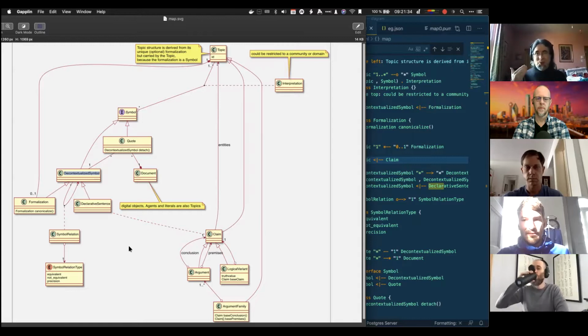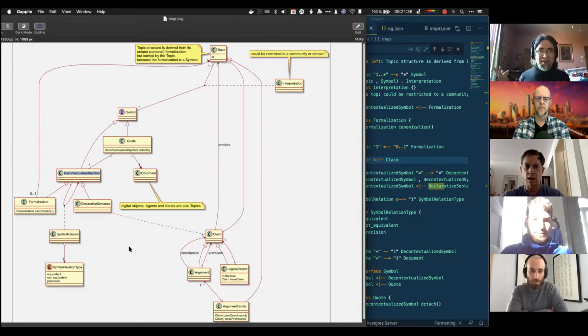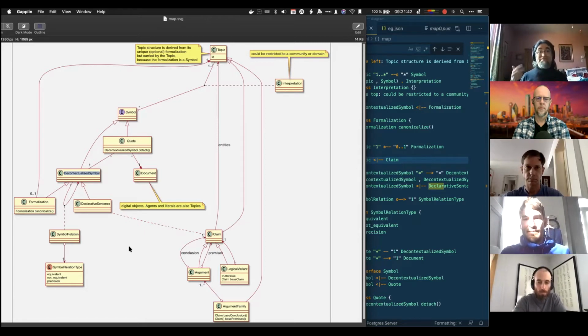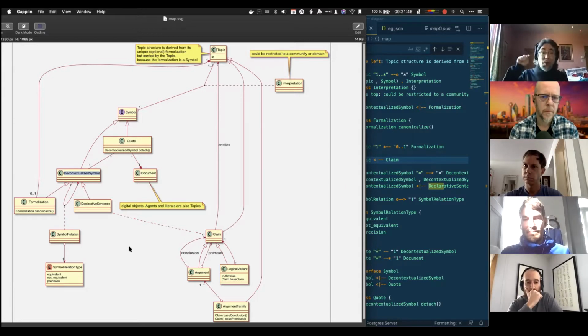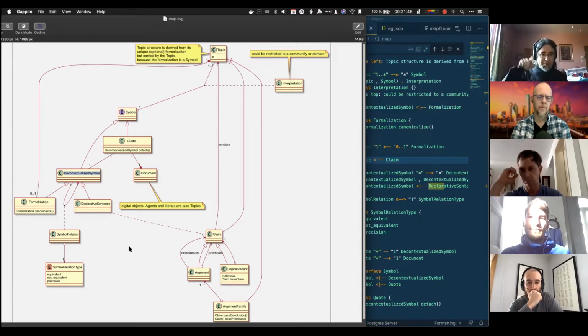I think it makes things more complex because it means I have two joint tables instead of one for basically the same purpose. But I do need both. This is exactly why I have the abstraction. Why do I have symbol over quote and decontextualized symbol? It's precisely because